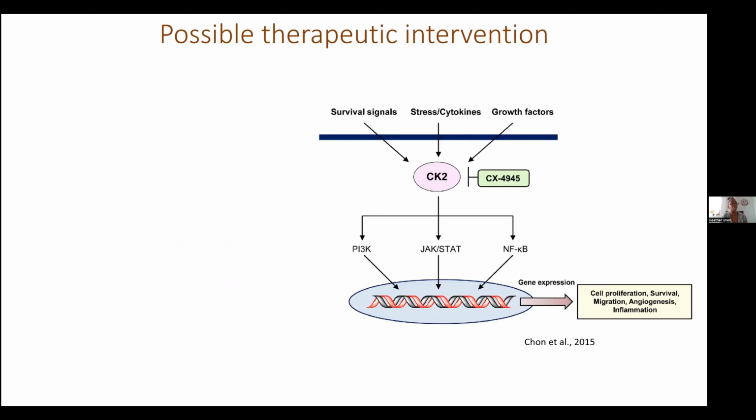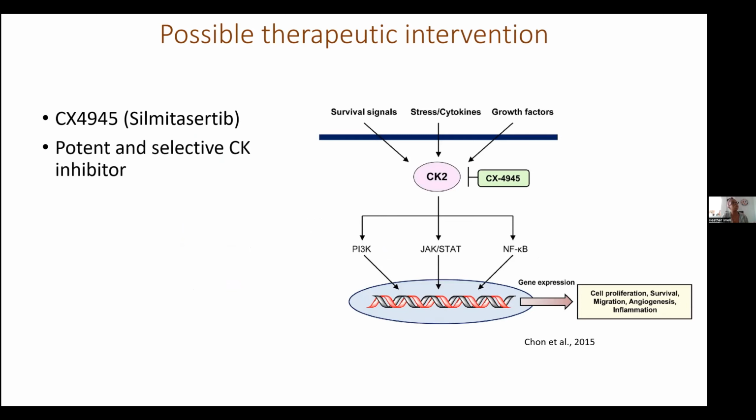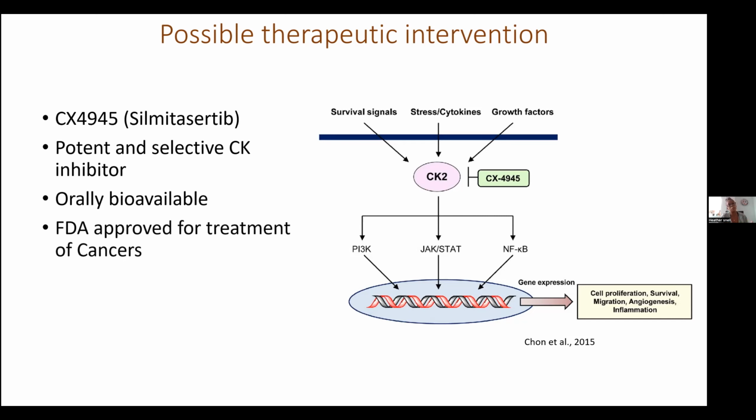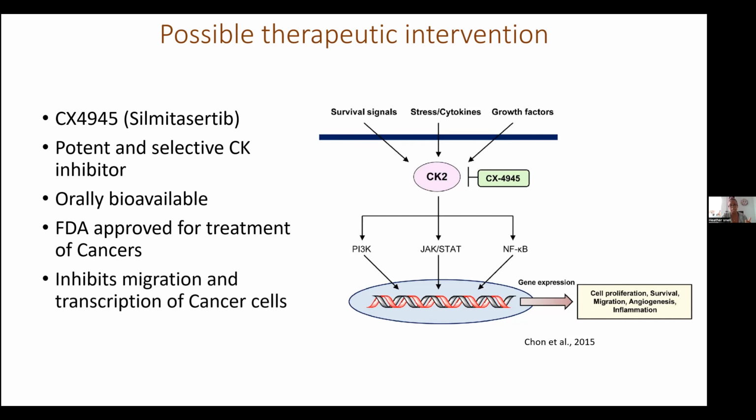We were really lucky. We found this drug, CX-4945. It is FDA approved for treatment of cancer patients, and it's a potent and selective CK2 inhibitor. It's orally bioavailable, so we won't have to actually inject anything into the cerebellum of these people. They can just take a pill and it will work that way. And like I said, it's FDA approved, so we can fast track this for treatment of episodic ataxia type 2